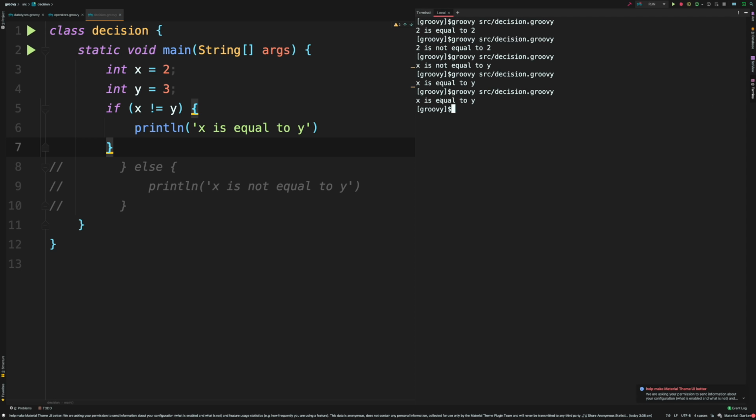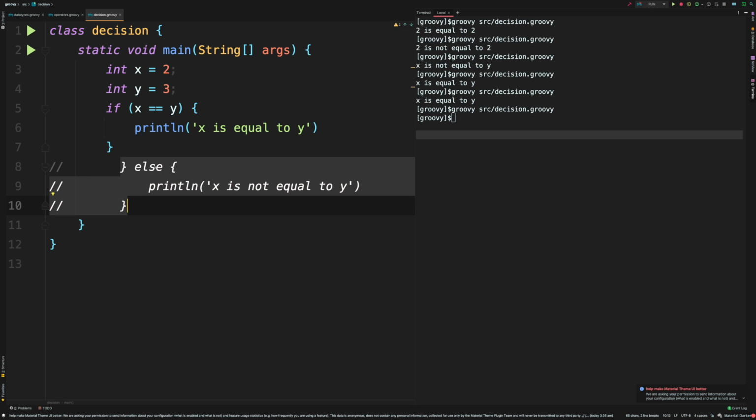Now you can see x is not equal to y. Well, basically it's actually true. That's why we got this printed. So now if I say x equal to y and run the code, I won't see anything getting printed. No code was executed which could print something onto the console because we didn't have anything. If this becomes true, we print. If it becomes false, we're not going to do anything because we don't have an else block. So this is why we needed to use the else keyword, and this is the syntax of using else with if.